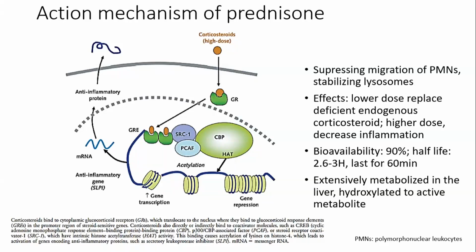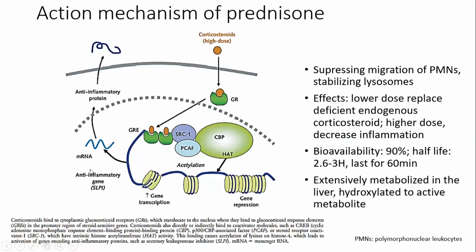It enters the cells and binds to the glucocorticoid receptor. So the glucocorticoid receptor can react with the glucocorticoid response element. The response element, which directly or indirectly binds to CBP, PCAF, and SRC1, has histone acetyltransferase activity. This binding causes the acetylation of lysine on histone 4, which leads to the activation of genes encoding